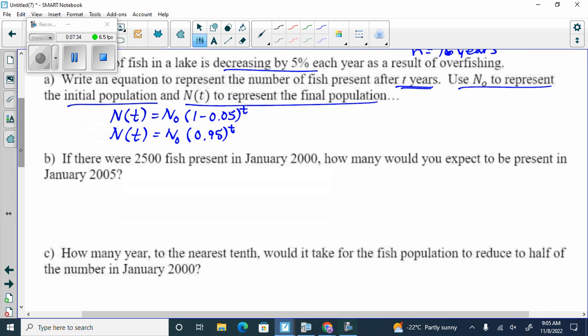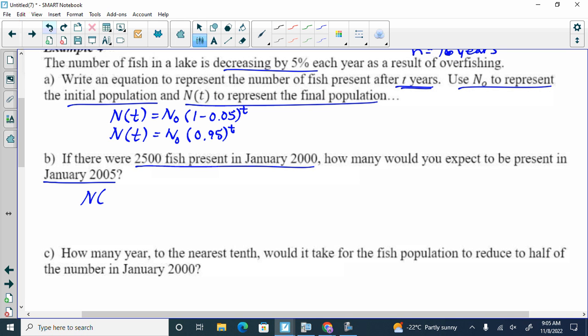All right. If there were 2,500 fish present in January 2000, how many would be present in January 2005? So it's giving us the initial, and it wants the final. So we do N of 5 equals